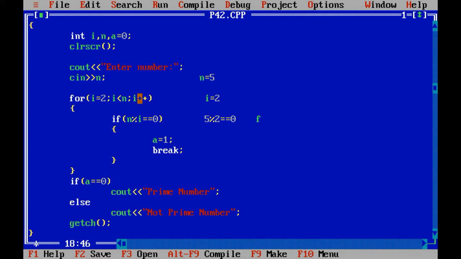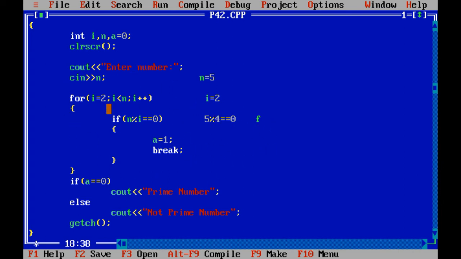Again i plus plus, i becomes 3 now. 5 modulus 3 again does not return 0, condition false. Again i plus plus, i becomes 4 now. 5 modulus 4 double equals 0, condition false.